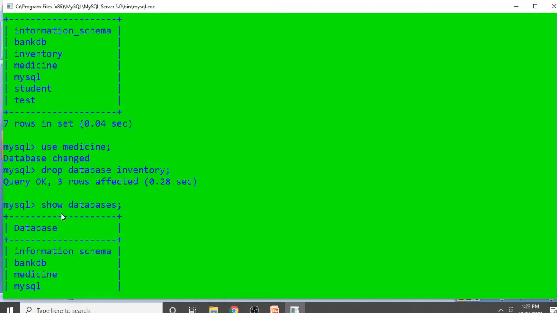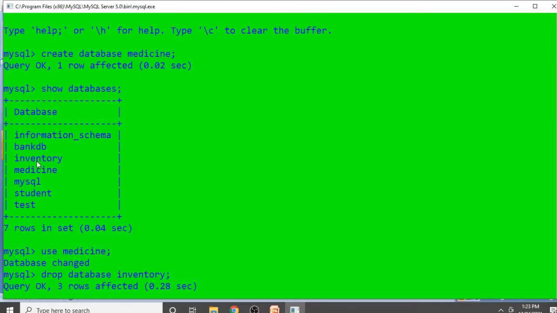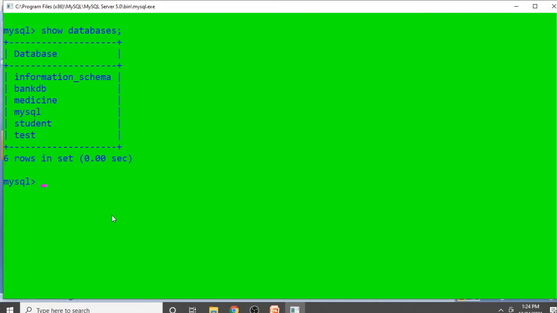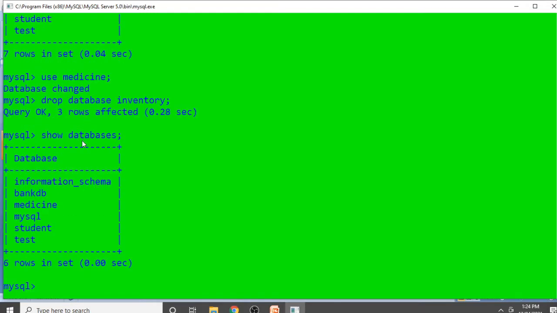You can see query OK, 3 rows affected. Now if you use the command show databases and press enter, before deleting, the inventory database was present, but after the command drop database inventory, you can see there is no inventory database. So you can delete a database by using the drop database command.